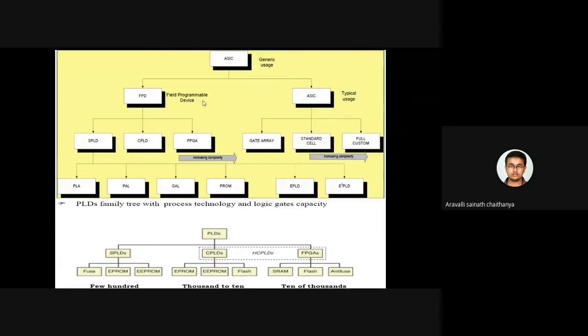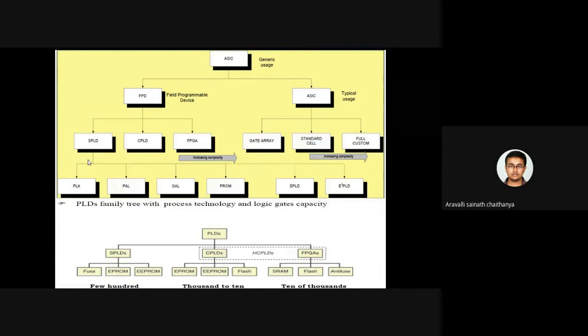So coming to field programmable devices, these are nothing but programmable logic devices, where a user can do the programming. These PLDs are categorized into SPLD, CPLD, and FPGA. SPLD is an integrated circuit chip where I can find 100 gates.